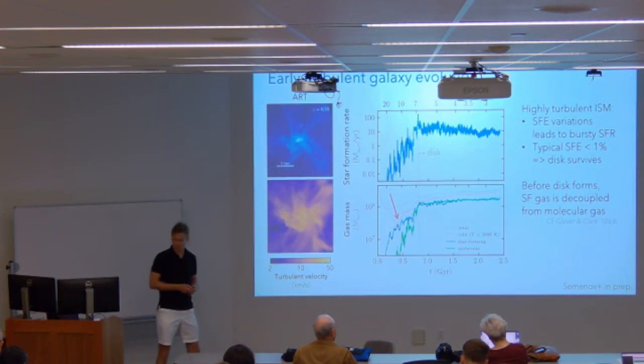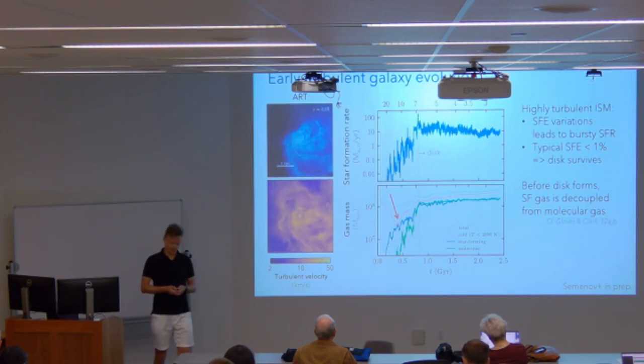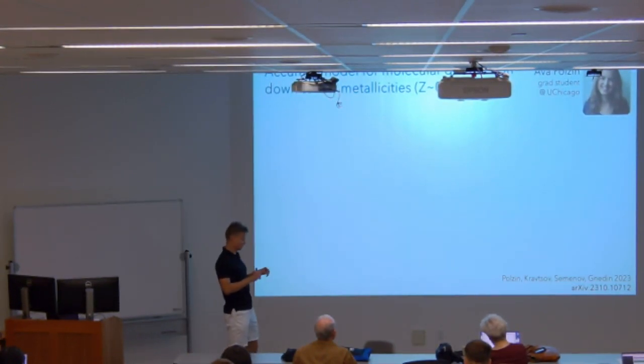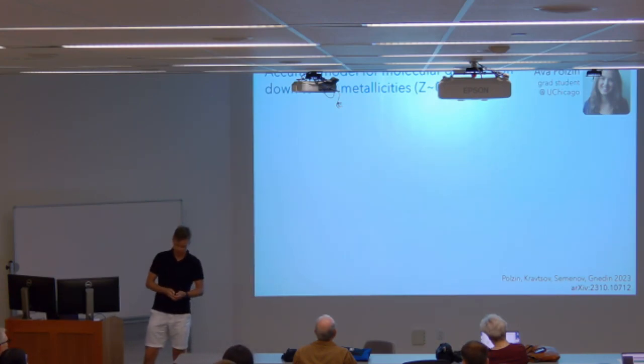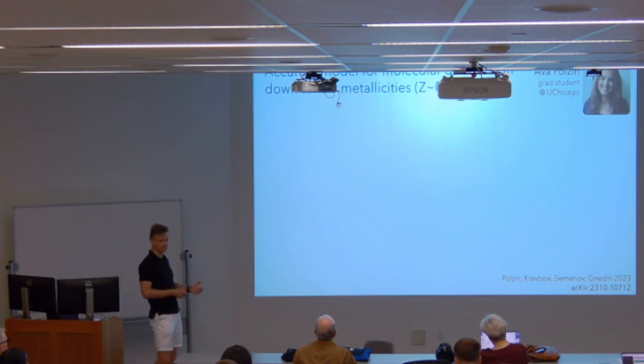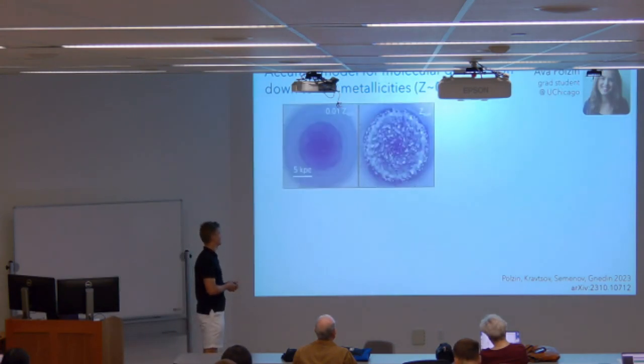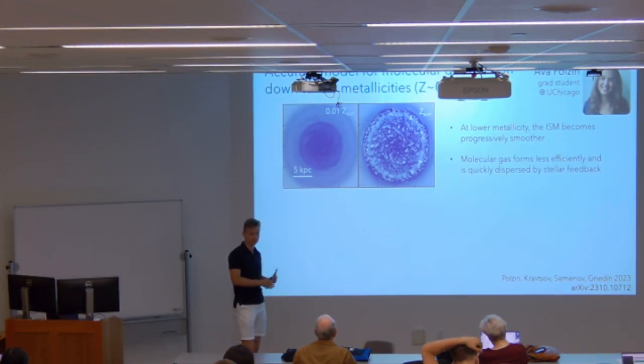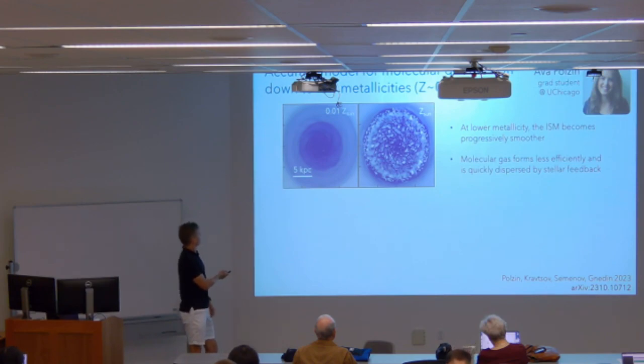And in the last couple of minutes, related to this, I'd like to highlight the work by another graduate student at the University of Chicago, Eva Paulsen, who looked into this in much more detail in a more idealized setup of an isolated dwarf galaxy with the same star formation feedback and ISM physics, but varying the metallicity of the ISM in a controlled fashion. As we reduce the metallicity of the ISM down to very low values, 1% solar,